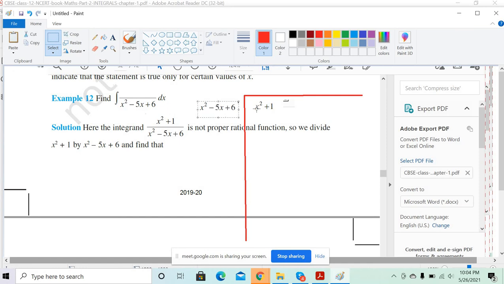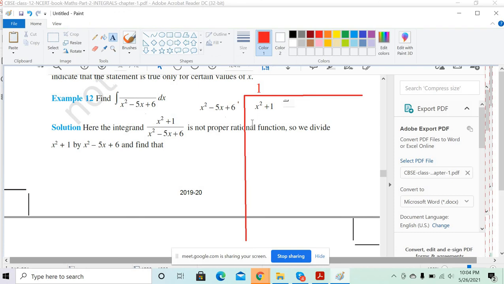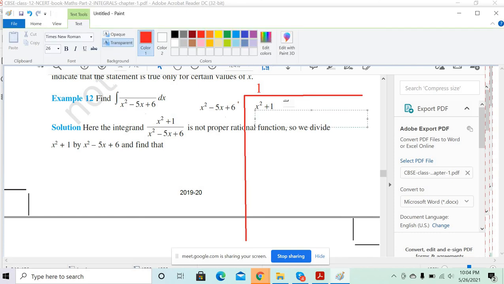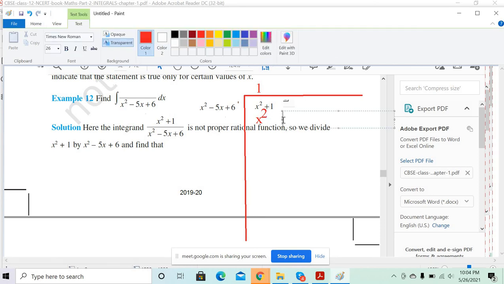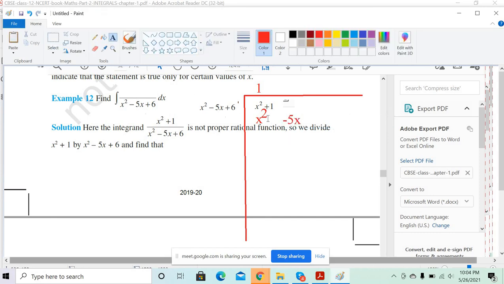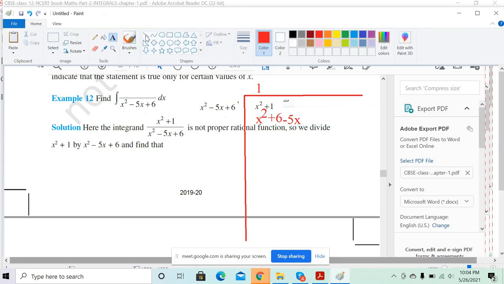Now again the same thing. X square is there, x square is there. So you just multiply with 1, isn't it? You multiply with 1, so you keep it here. Down it will be x square. Now the thing is that for minus 5x, since the plus 1 is below that, we need to put the constant only. You can put the plus 5x minus 5x this side, and plus 6 you can put down, below the plus 1. Is it okay? So that you can do the calculation easily.